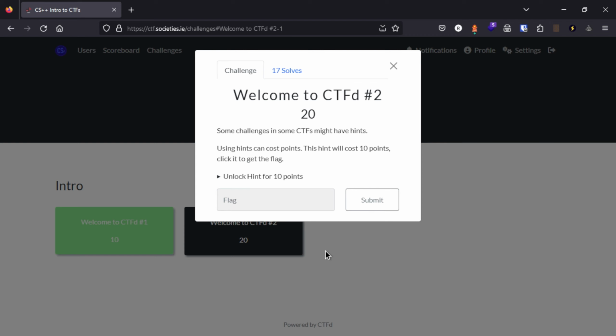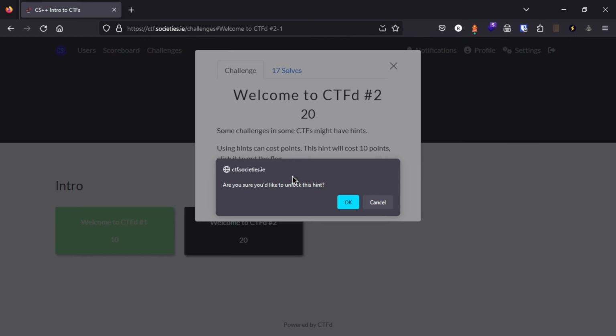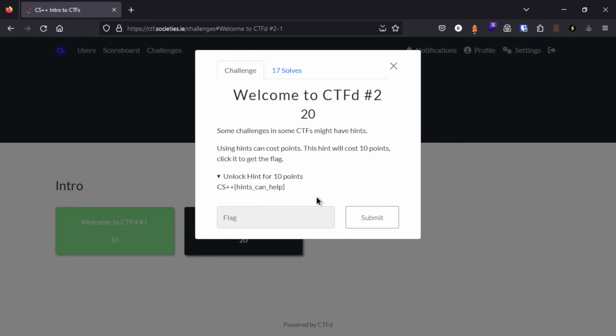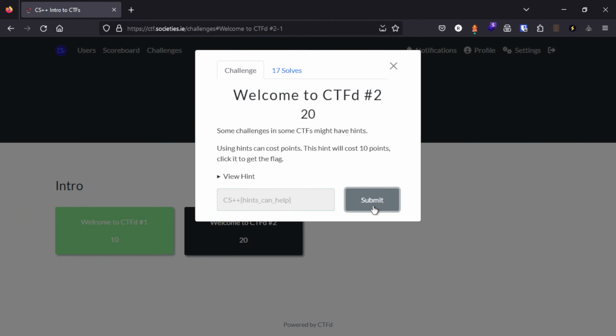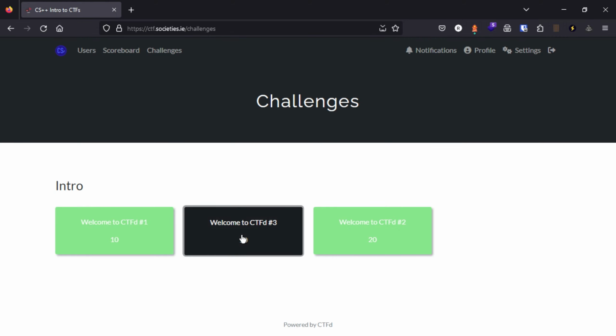Now, CTFD allows the challenge makers to put hints into the challenges. What this does is it sends a request to the server to get the hint. It costs some points to use a hint normally, but it generally helps out quite a lot. People have tried quite hard to get the hint without spending the points. It's not possible. Don't try it. If you want to use a hint, just click the hint. It'll double check. In this case, we'll say yes, please. The flag for this is hints can help, so I'll just copy and paste that. Excellent. Now if we move to CTFD3,